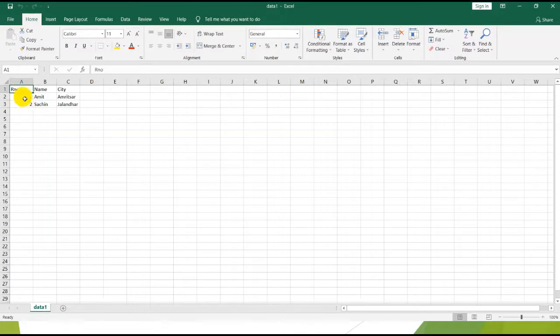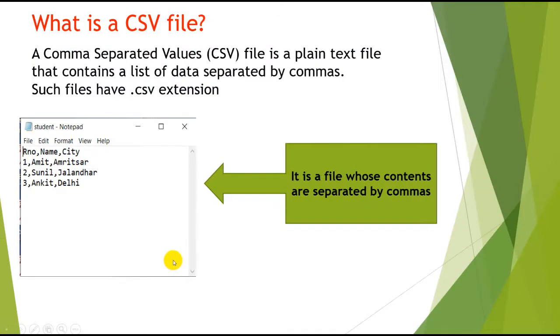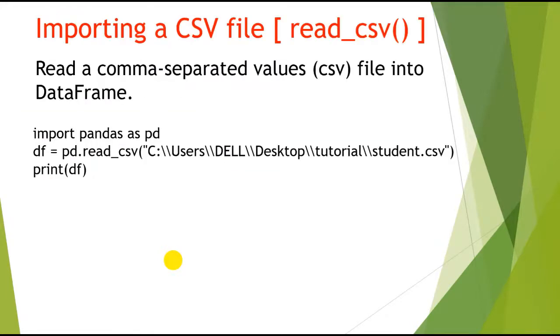So this is the file that we created, in which there were 3 columns: roll number, name, city, and there are 2 rows over it. So a CSV file is just a plain text file that you can create using a Notepad editor and saved with the extension .csv.